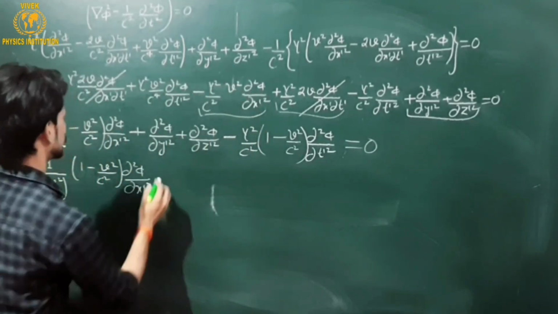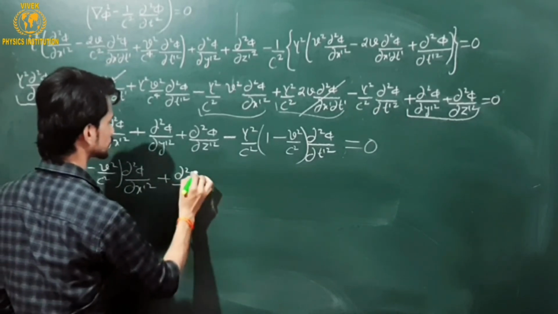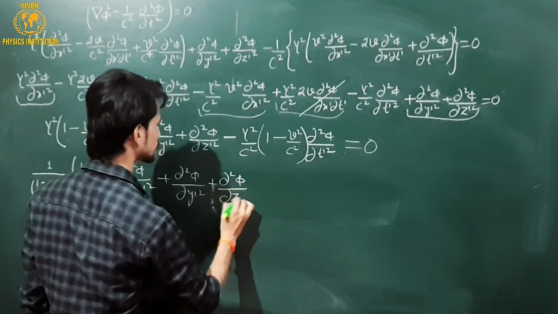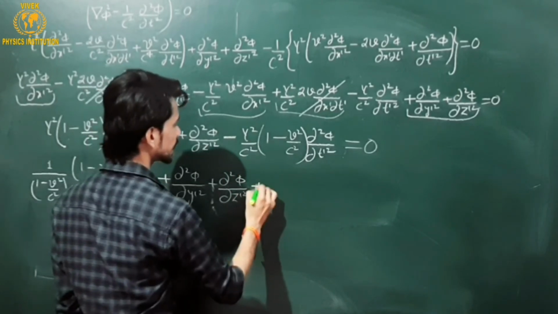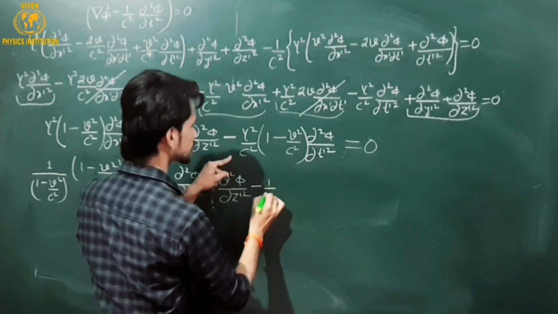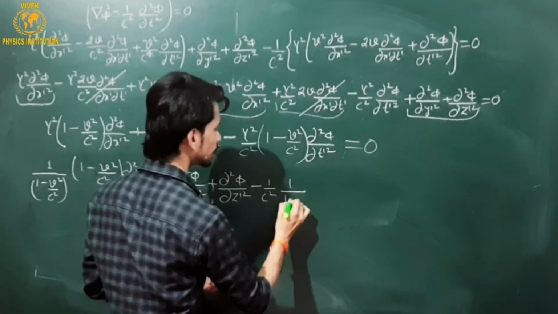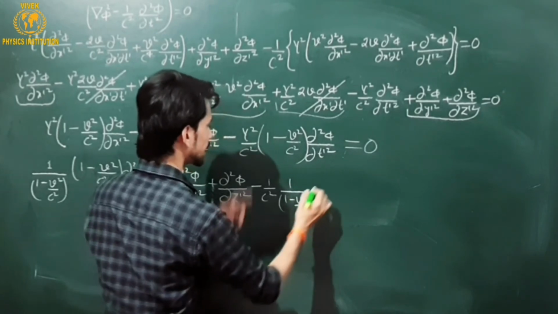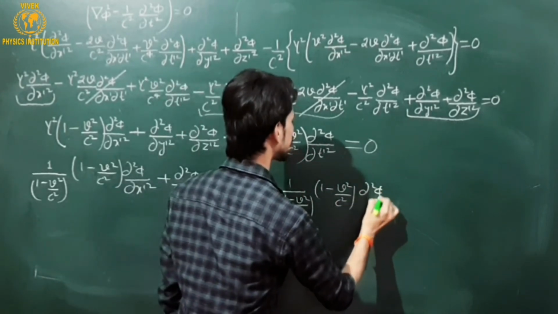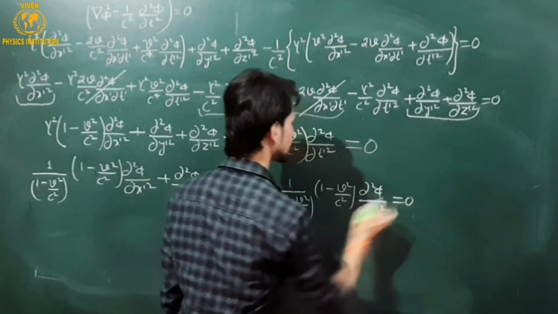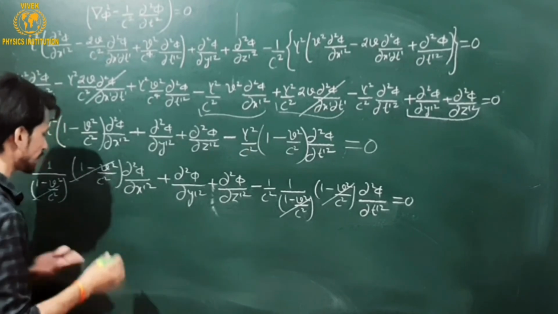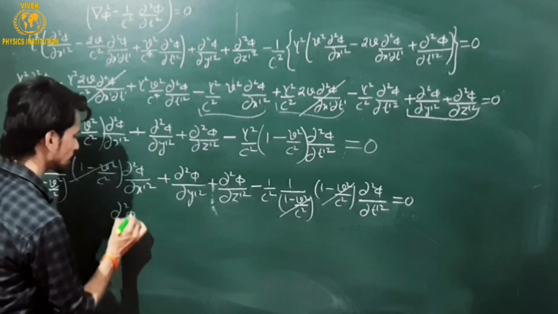and this is the same. Of course this is the same. From here again I can write the value of gamma square. Sorry, this is of minus, and 1 over c square is here. The value of gamma square again is 1 over 1 minus b square upon c square. In the multiply, 1 minus b square upon c square is already going. This is del square phi over del t dash square equals 0. These factors are cancelled out from the first and last terms. Rest is what we were expecting.